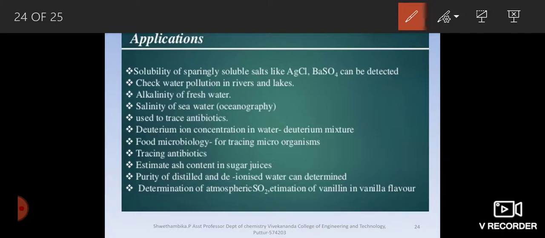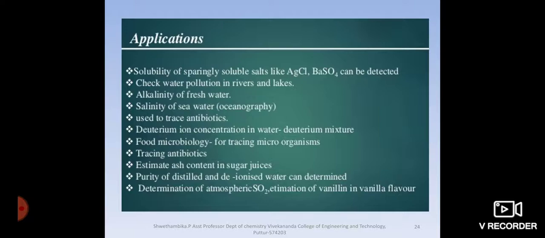Deuterium ion concentration in a water-deuterium mixture could be studied. Also the estimation of ash content in sugar juice, the purity of distilled or deionized water, sulfur dioxide produced in the atmosphere, and the estimation of vanillin in vanilla flavor could also be conducted by conductometric